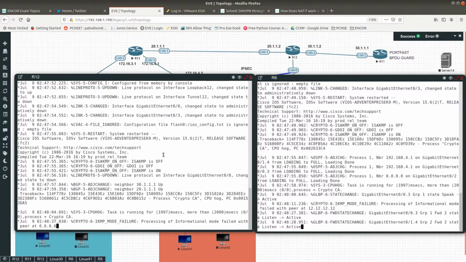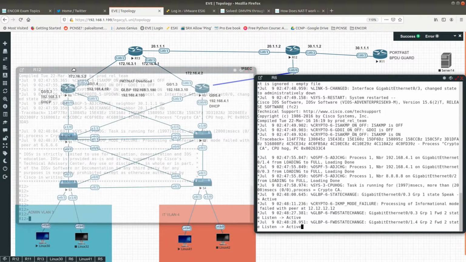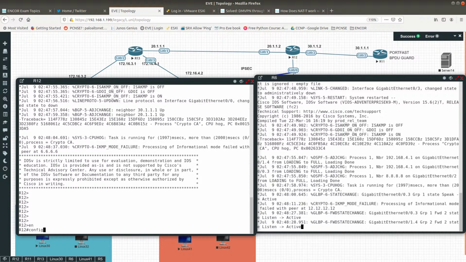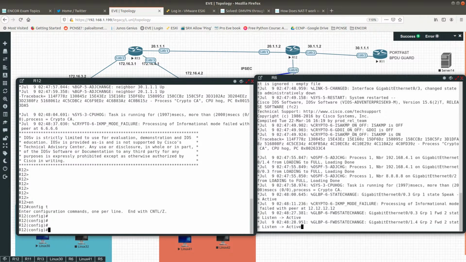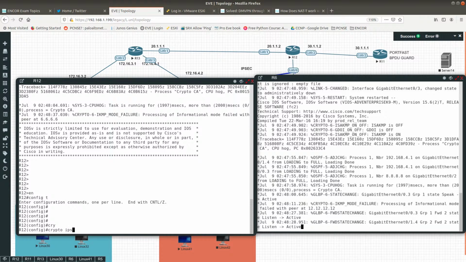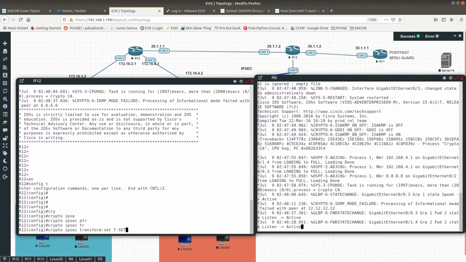Hopefully we get... No, it's still getting the same errors. You can see it right here. What if, since R12 is not using... okay, let me just do one last thing. Config t. Crypto, my head hurts. IPSec transform set, T set. I'm glad I kept these names. ESP,